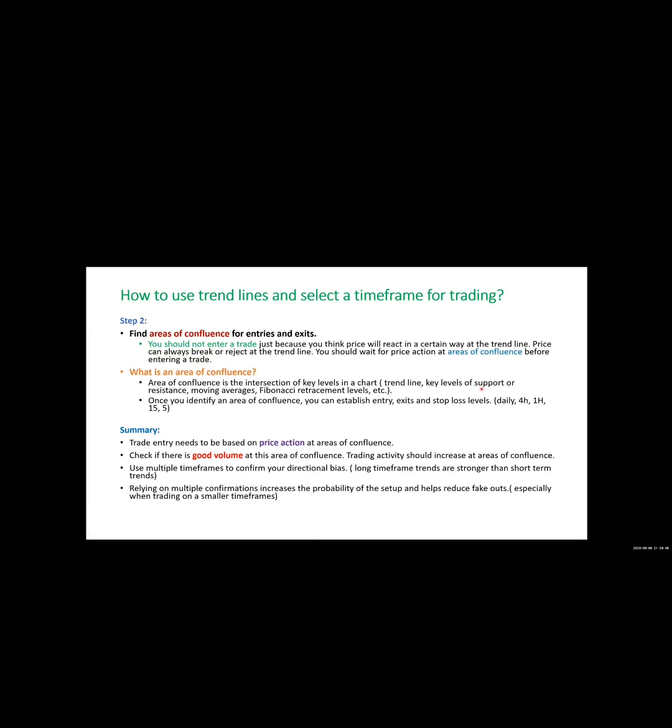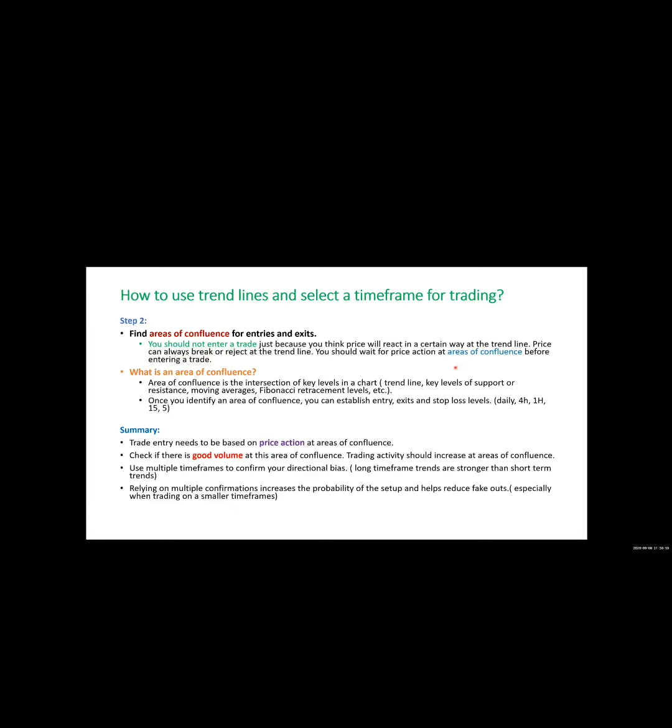So such an area in a chart is what we call an area of confluence, because there's not just one line of support there. There are multiple elements in the chart that are intersecting at that same point. If you're able to find an area like that in the chart, price action is going to be strong. You're going to see strong volume,